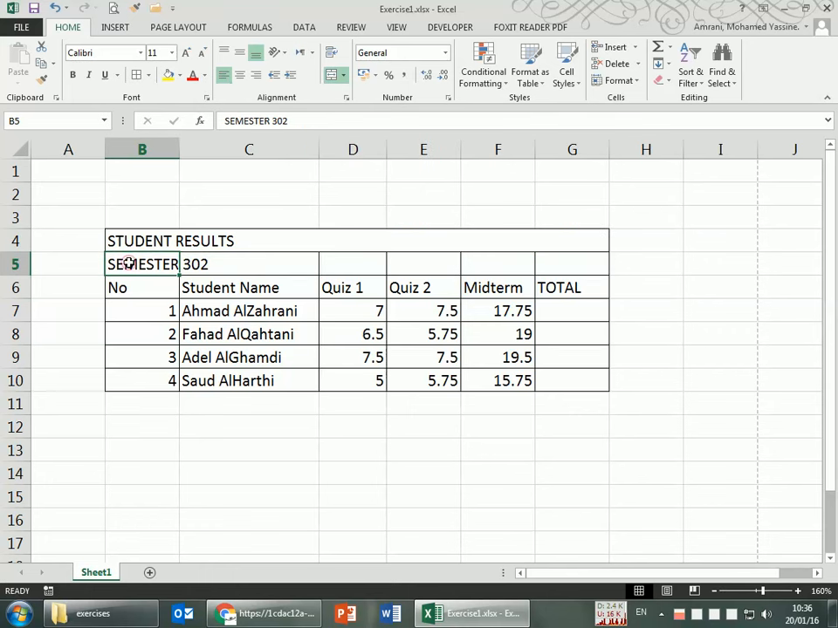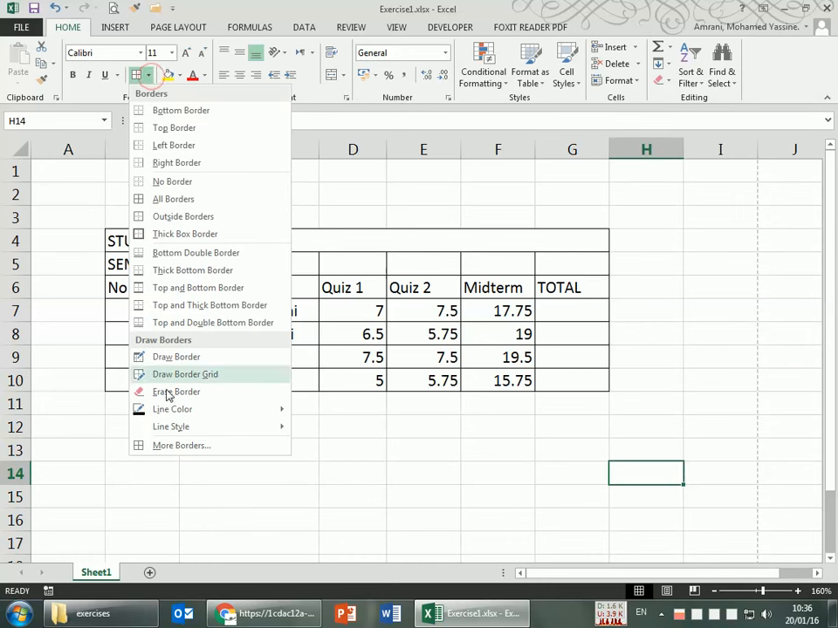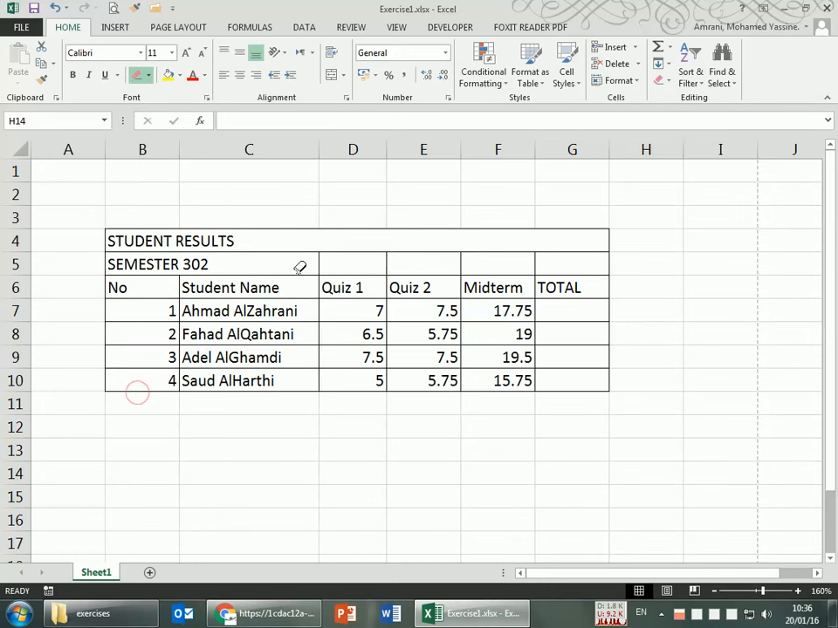There's another way, from the borders. With the borders, yes. How can I do that? I just need to erase those lines. Can I erase those lines? Well, there's something called an eraser. Erase border. I just click on it, and then I can select which ones I don't want, and they're going